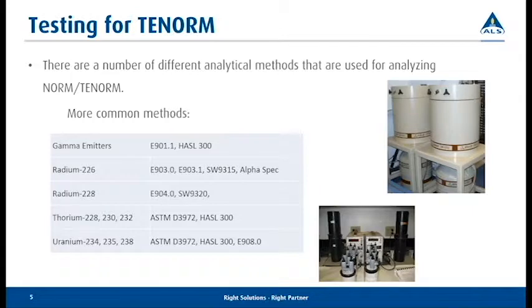When testing for TENORM, there are a number of different analytical methods available to use. This is just a listing of the common methods. Some of these have more. You're going to see methods for gamma emitters. You'll hear things like EPA 900, 901.1, Hassel 300. For radium-226, there are quite a few out there. Again, it can be seen by gamma, or it can be done by 903, 903.1,